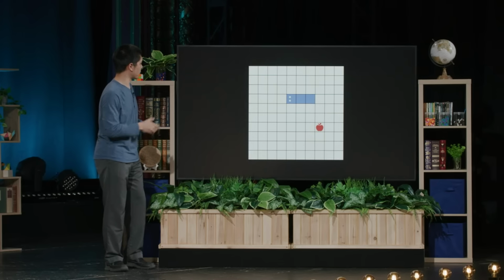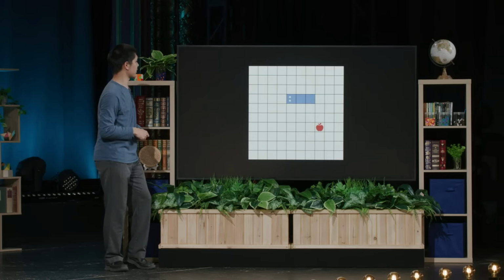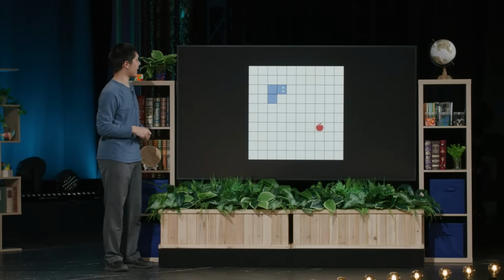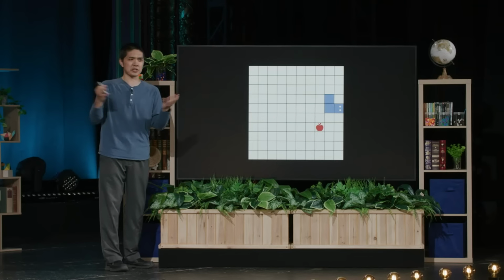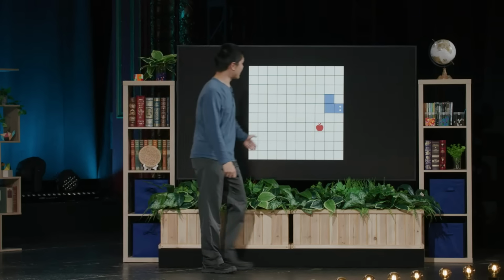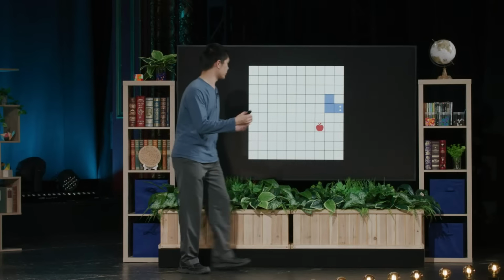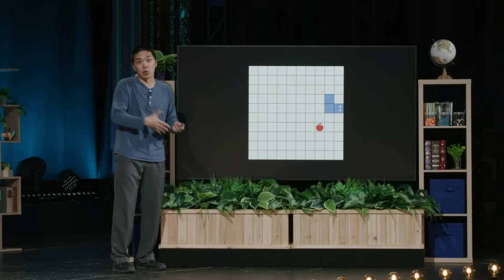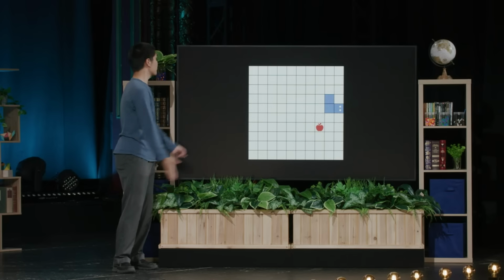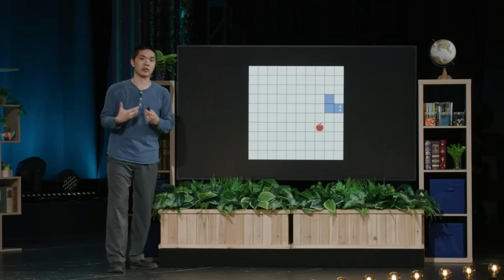And if we were to do that, if we were to train this AI completely randomly and say, go ahead, try playing the game, here's what might happen. It's kind of wandering aimlessly. It's not really going towards the food. It's just randomly moving around. And eventually, if it randomly moves around, it's going to crash into the wall, and it's going to lose the game. So this AI is not particularly good at playing this game, nor should it be, because what we said is just behave randomly. We didn't give it a very good strategy.